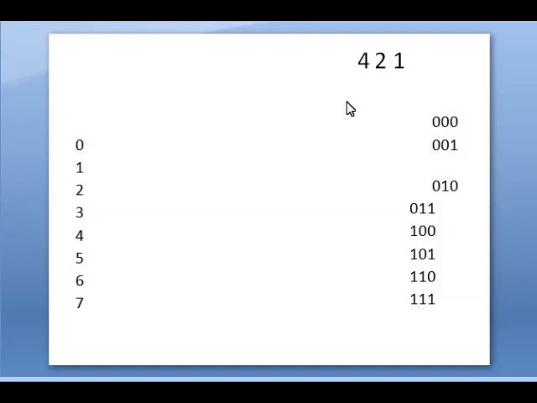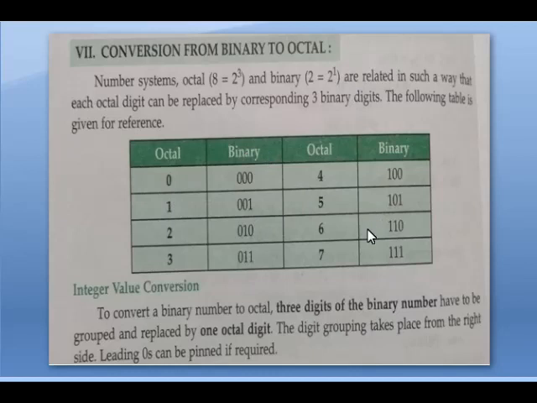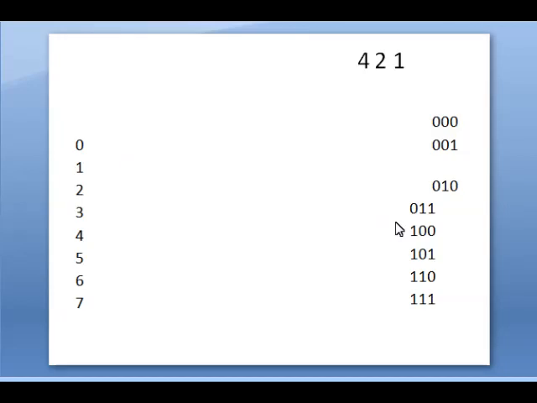Okay. So if you practice like this, there is no need to memorize this table. If you memorize this table, there is a possibility of errors. If you skip any one number, any 1 or 0, it will become wrong. So try to understand like this, and by yourself you have to write the binary equivalent.